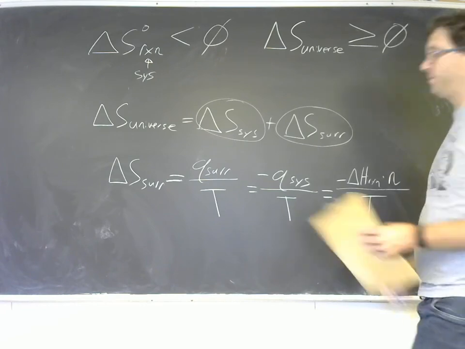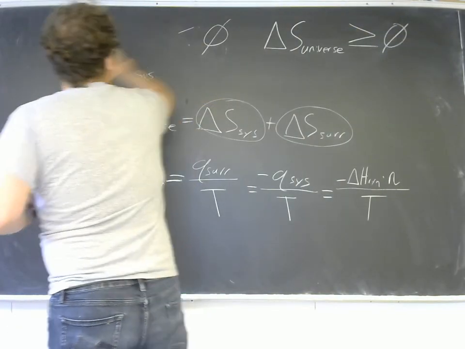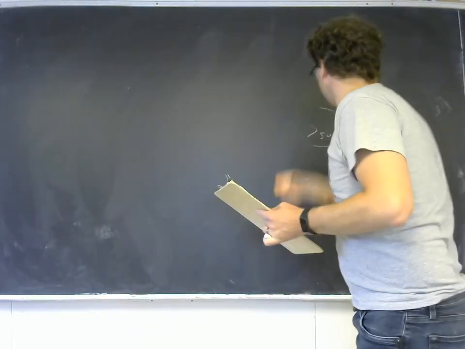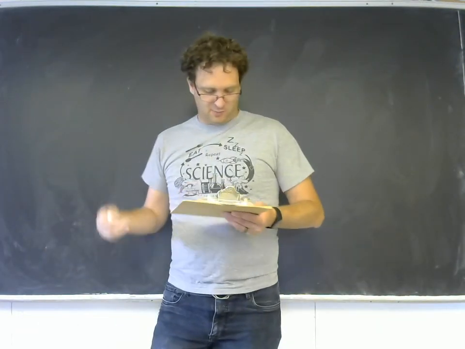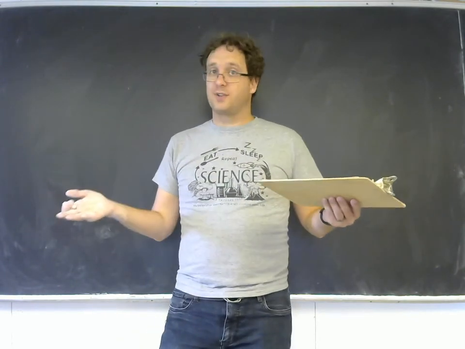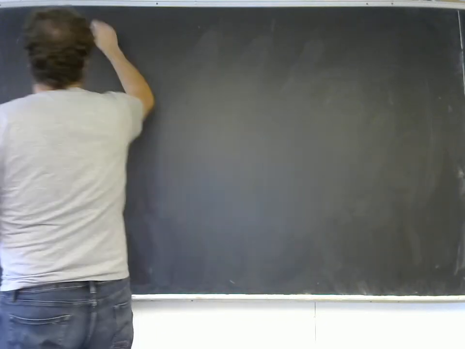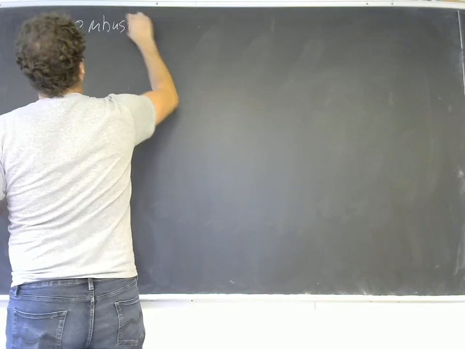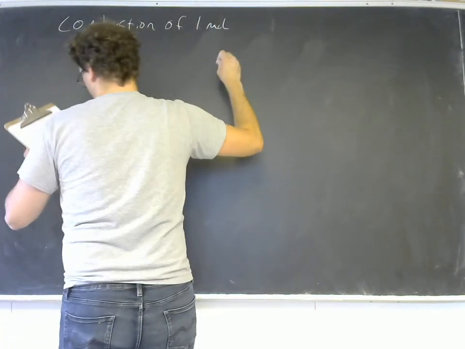Okay, so let's look at a couple of examples here. And hopefully we can validate our second law of thermodynamics. Otherwise, we'll go to thermodynamic prison. So find the delta S for the system and the surroundings and for the universe for this process: combustion of 1 mole of methane